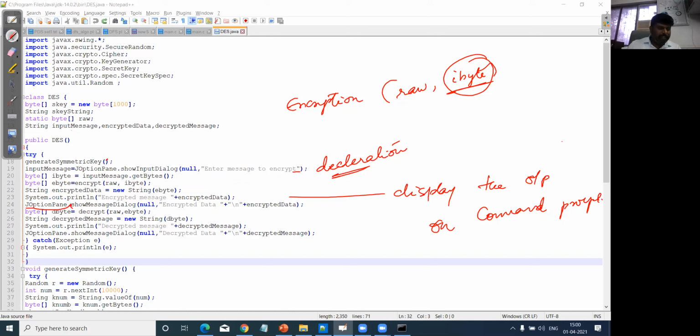Here the outputs are going to be displayed in the GUI interface. showMessageDialog and followed by this encrypted data which is a title, and followed by the entire information which is stored in the eByte value. That is going to be your encrypted data which is going to be displayed. I hope this is clear. This is just a function declaration.